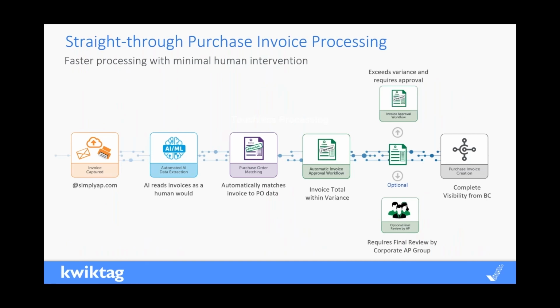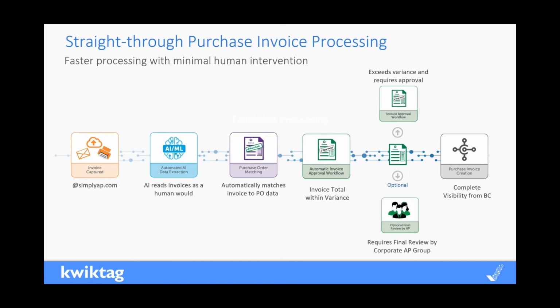So let's take a look at some of the processes that are deployed automatically and available for you to use immediately, because this helps with that time to solution, as well as some of that automation that's available within the product. In this one, the example that I'm showing you here is that straight through process for purchase order invoices. So you created a purchase order in Business Central. You've already agreed in a way that purchase order is a contract between you and the supplier or vendor in terms of, here's what I'm buying, here's how much I'm paying for it.